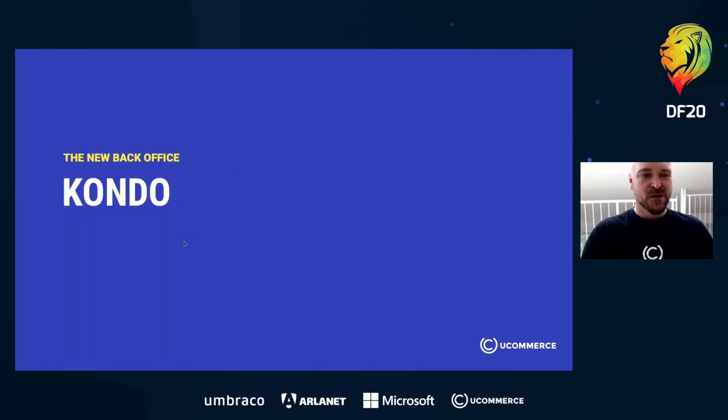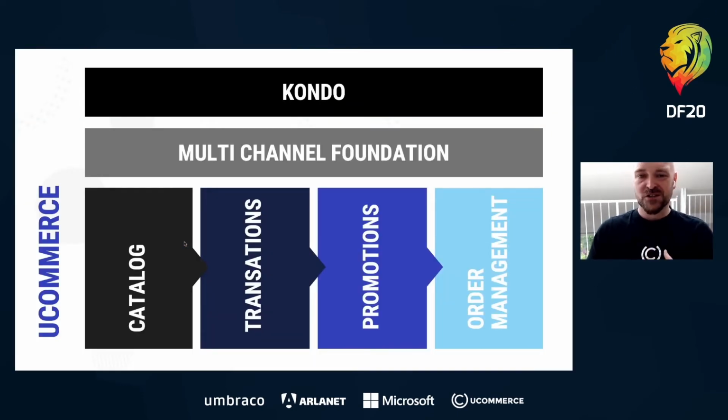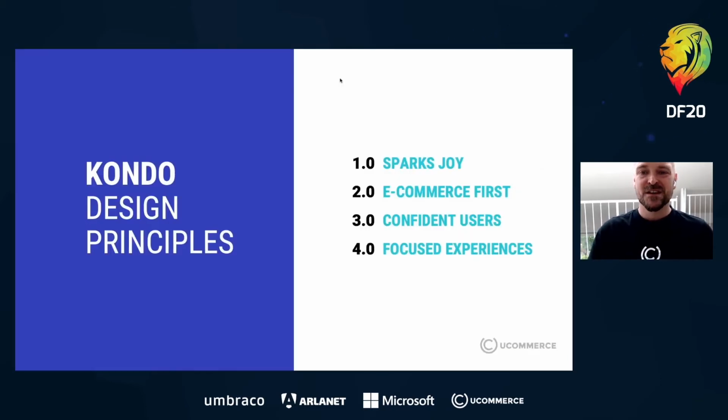And instead of talking about KONDO too much, which is the new back office of Ucommerce, I'm just going to show you real quick. KONDO sits right here on top of the platform, maintaining all the underlying information. KONDO is interesting because it is our move towards a single page application, all done in Vue, so it's super fast, super snappy, very responsive. I'm going to show you some examples of what it looks like. But back originally when we built Ucommerce, I'm a developer at heart.